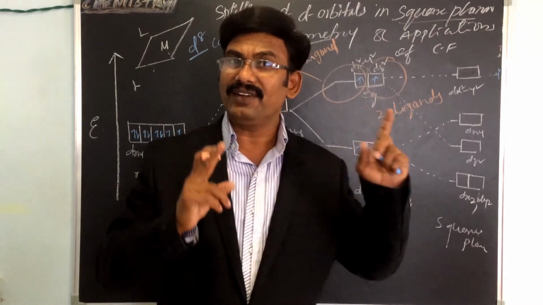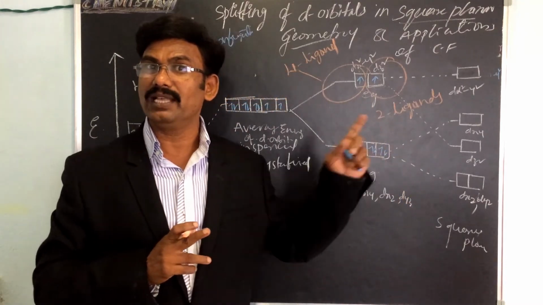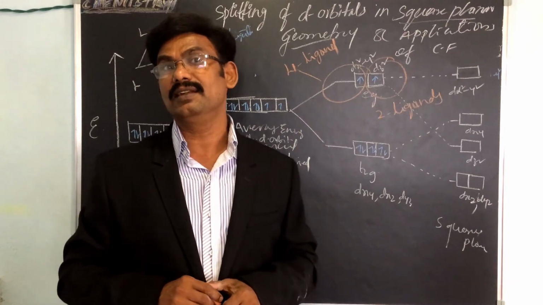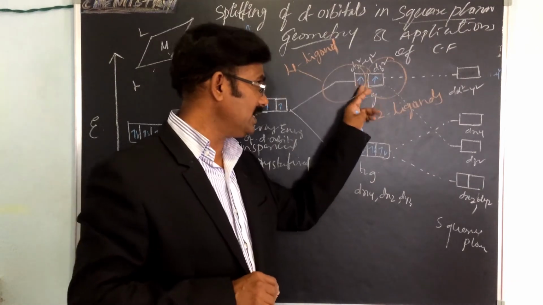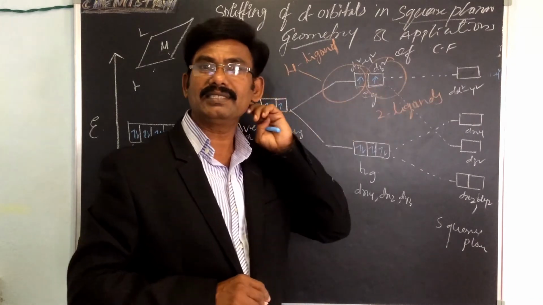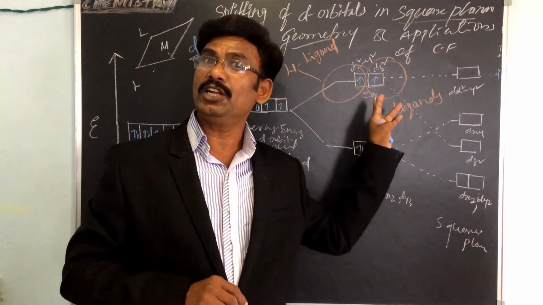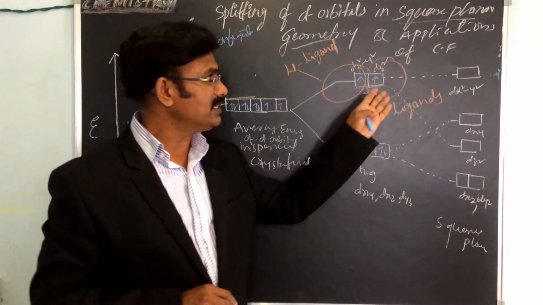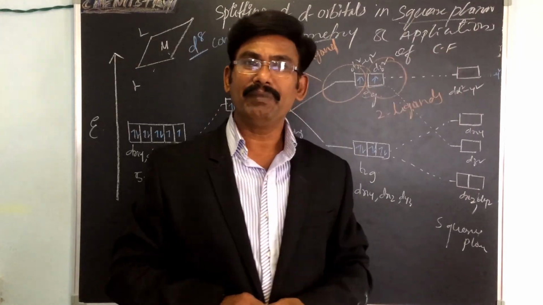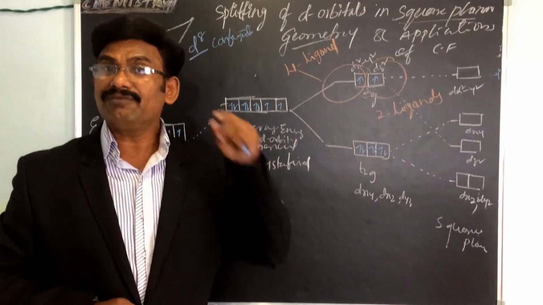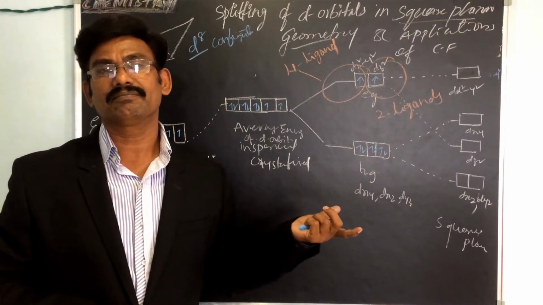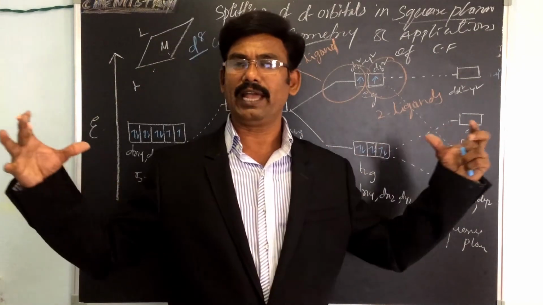Thus the energy of dx square minus y square increases relative to that of dz square. This energy is increased relative to that of dz square. Okay, that is the reason it is very helpful. If the ligand field is sufficiently strong,